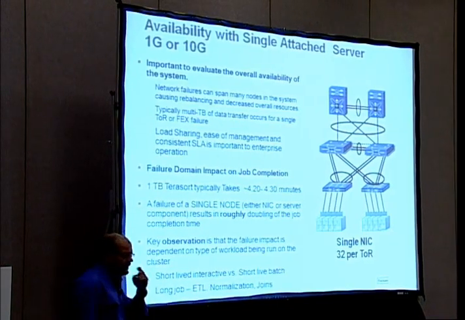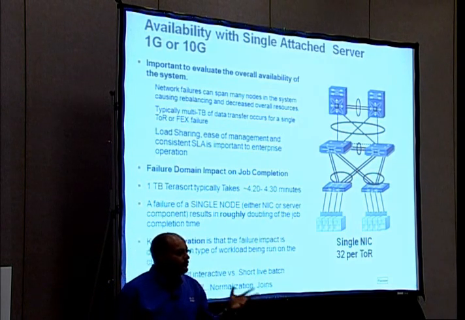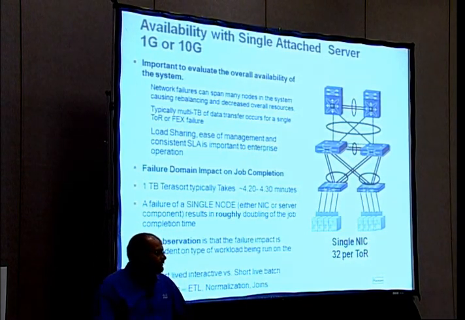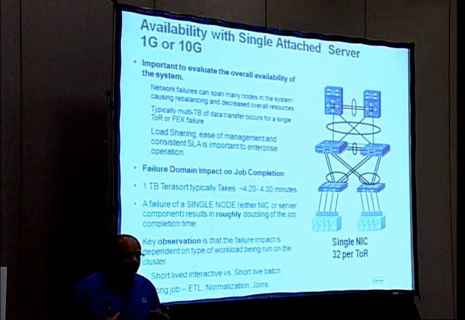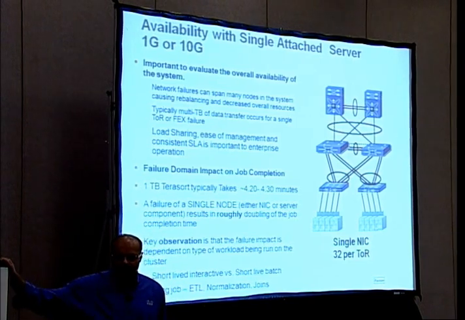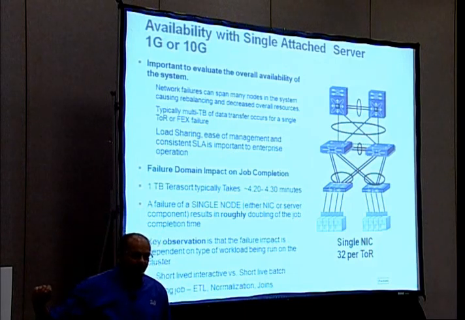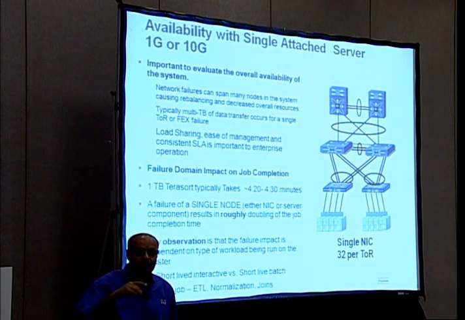This is with all the default settings you get in a Hadoop configuration, except a few heap size calculations were different, right? But the key observation is that if a regular job takes 4 minutes, pulling a single node takes almost double the time. That may not matter much for an interactive job, right? 4 minutes, you rerun it. But if you're running an ETL job and it takes 8 hours, our observation is that you can't afford another 8 hours of pricing calculation. As the Sears CIO was talking about, there is a cascading effect that happens when you run these jobs feeding into each other's modules, right?